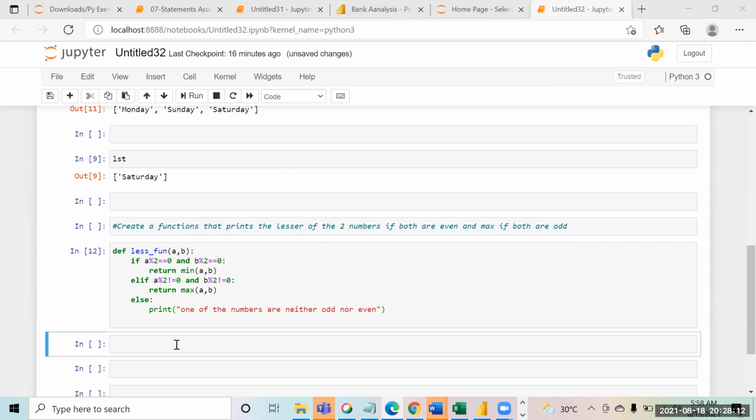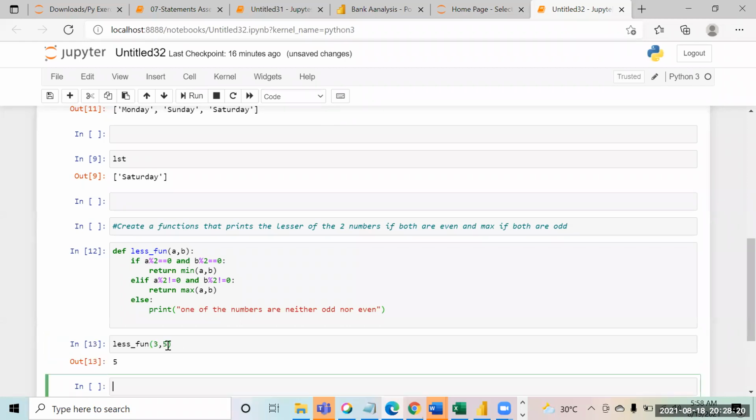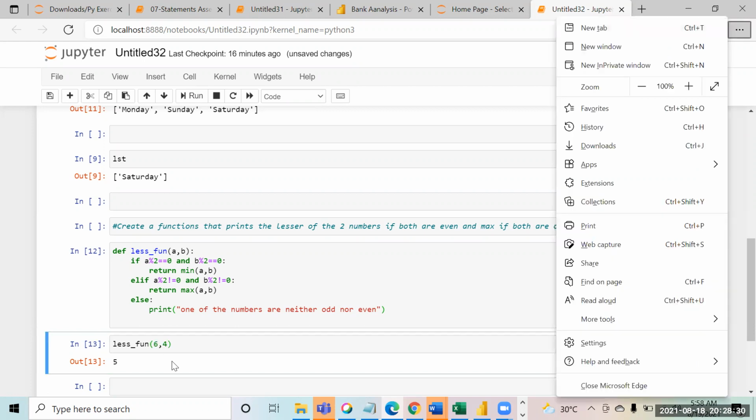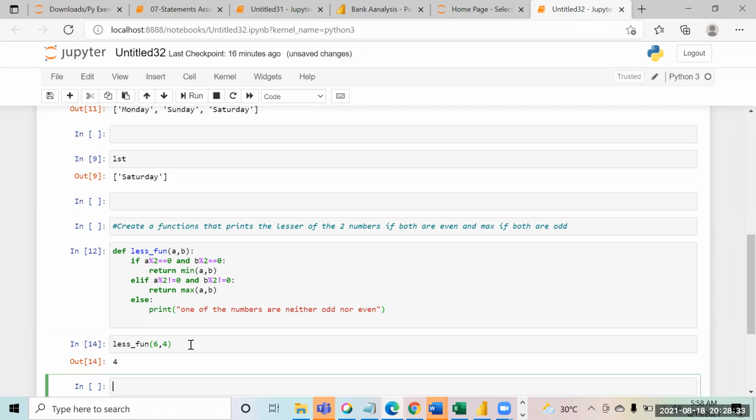So right, Lakshmi, this is what we will do. If I now use this lesser of function, if I give 3 comma 5, it should return 5, right? If we try 6 comma 4, it should return 4, right? And if one is odd and one is even, so